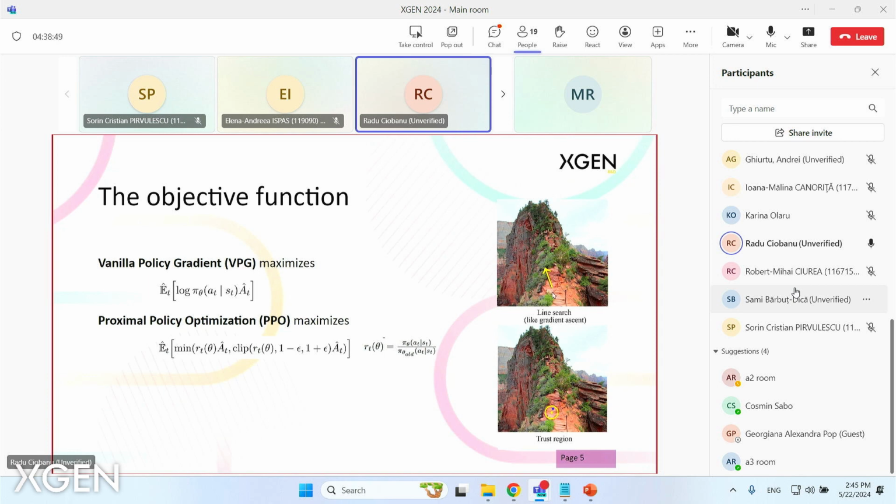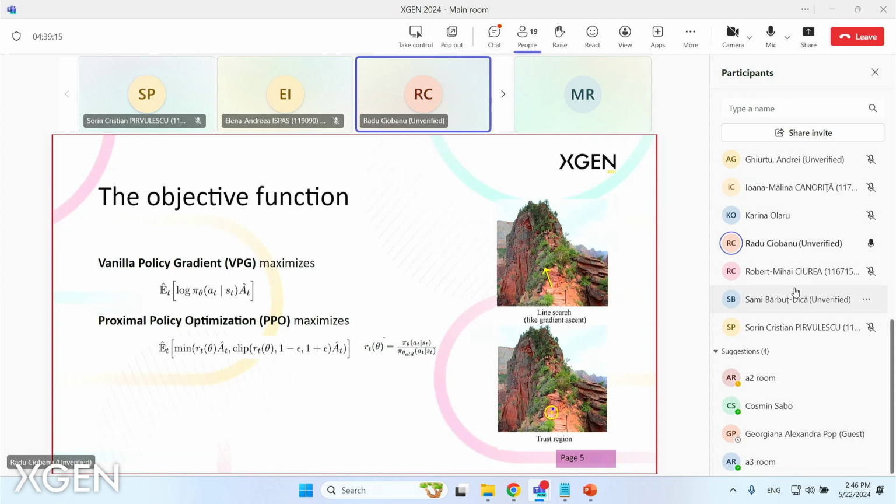And we are trying to take steps towards the peak. The advantage is telling us the direction and the magnitude of that step. And here you can see another algorithm. It's called proximal policy optimization, which is basically doing the same thing, but in another manner. It inherits from another